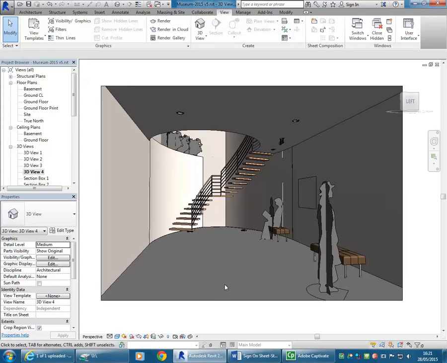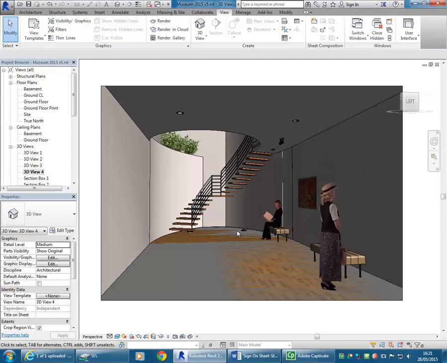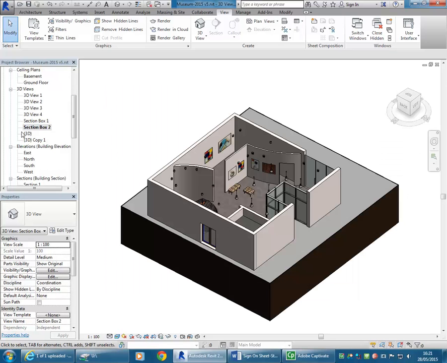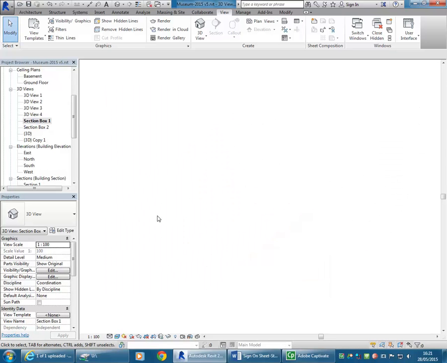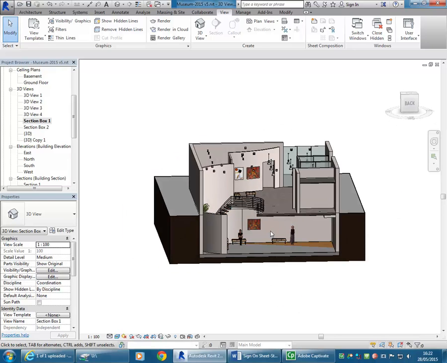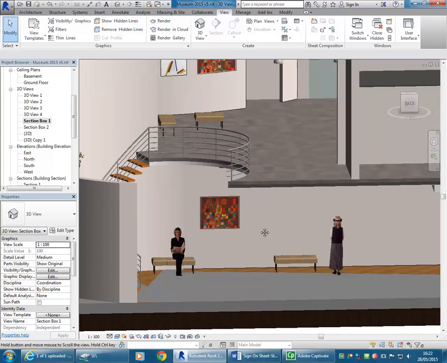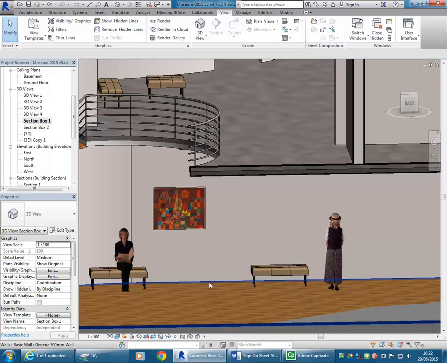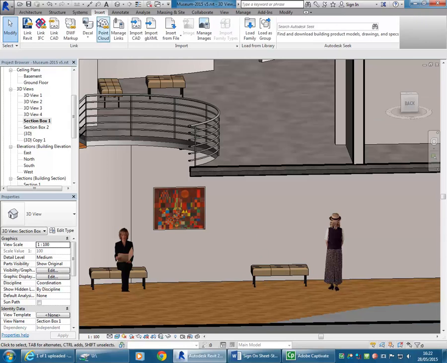So make sure you're aware of decals. If I go to realistic, you can see that it's going to show the decal that I've already placed, and I'm going to go into one of the section box views that I have and add another one. So decals are really useful for rendering. So you can just put images onto floors and walls and other surfaces like that. So on the Insert tab, you have decal,